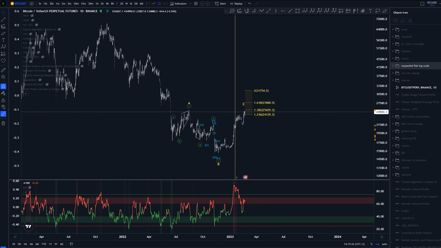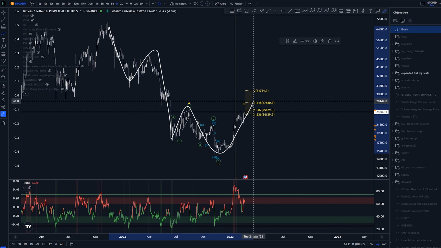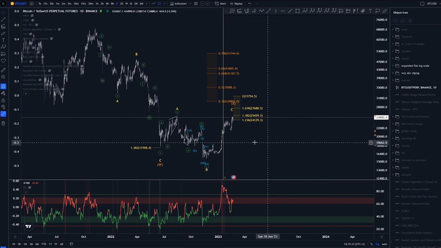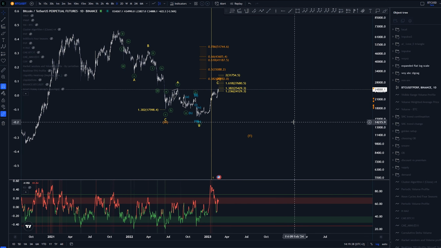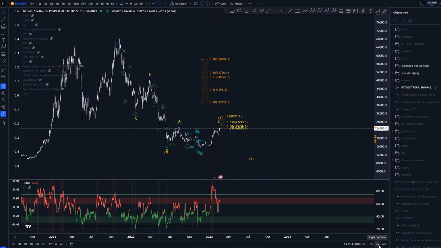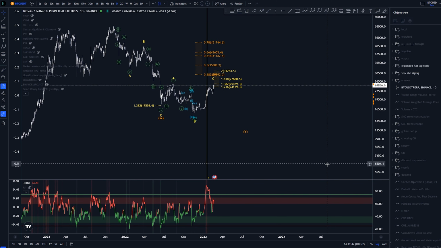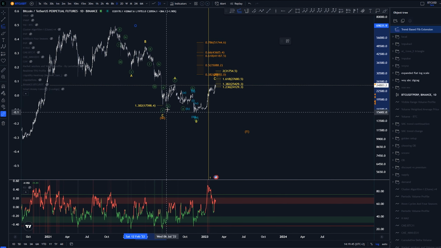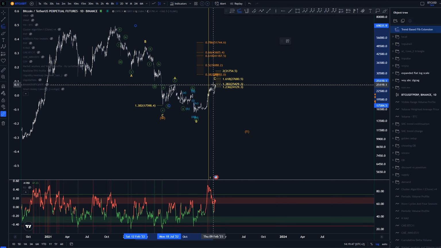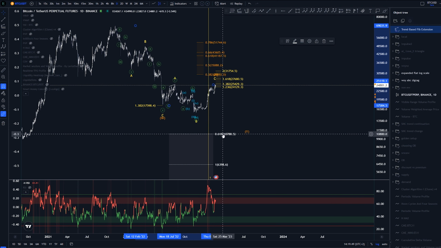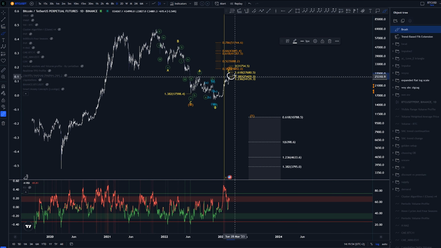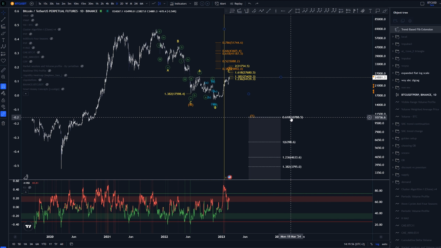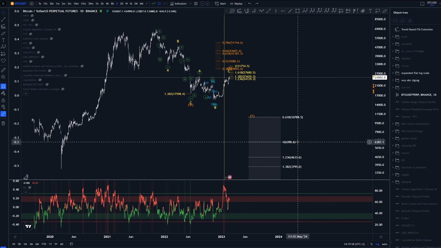As mentioned previously, this ABC is my main. So ABC here, ABC. This would be creating that W and X, and then we'd be looking for down lower. Depending on whether you're using log or arithmetic scale, I'm going to be using log here because otherwise we're not going to get any kind of real proportions. But if we are just pivoting from current areas here, we'd be looking for around 10.8k to 6.4k, which